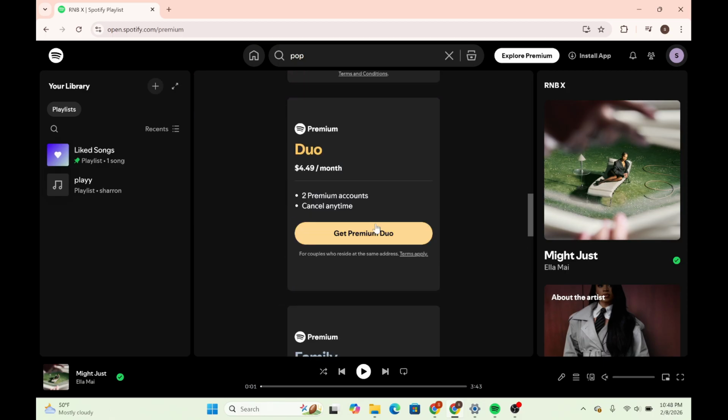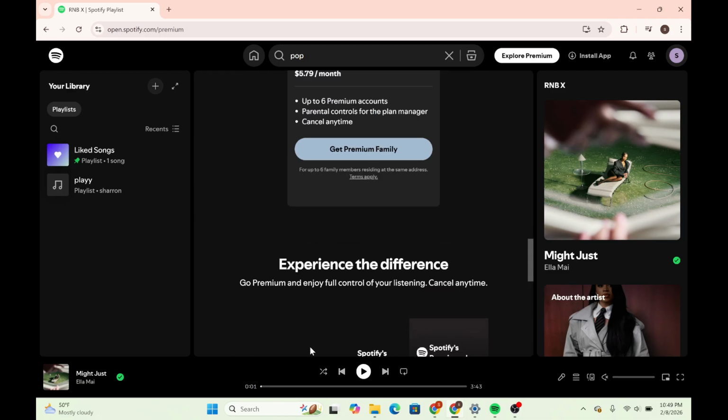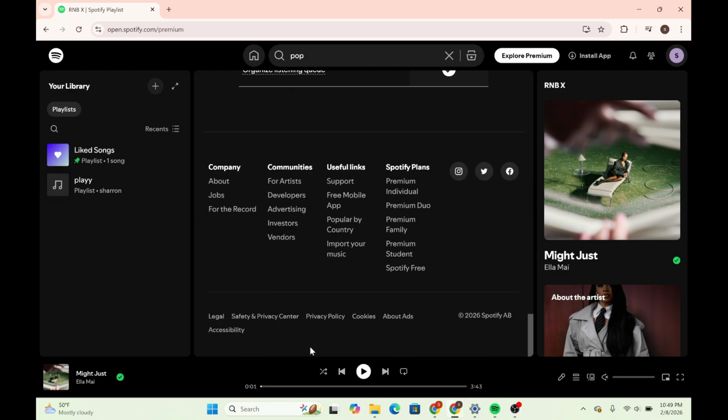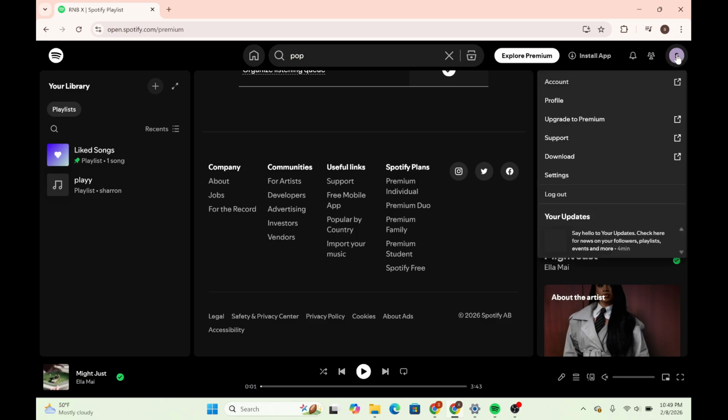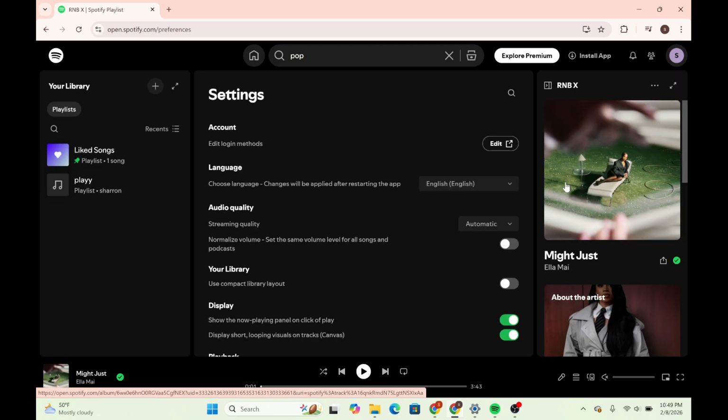You can have a family or duo plan here as well, and that is it. And you can simply process any of the transactions as per your preference. Over here on the top right we can find your profile picture. Select this profile picture and you can go to your settings, and in the important settings there we